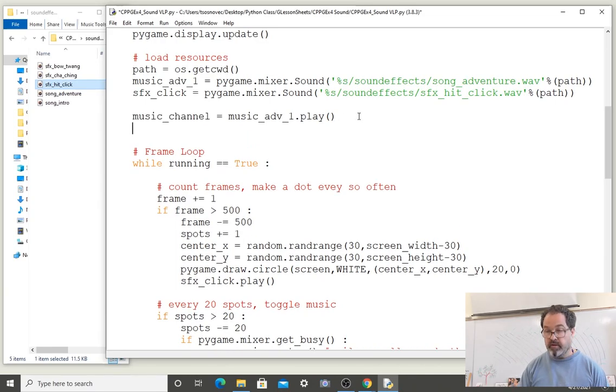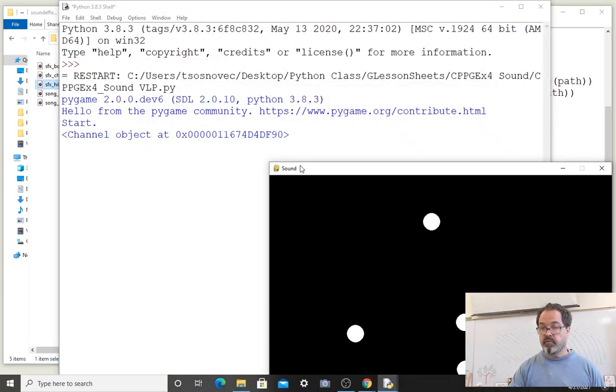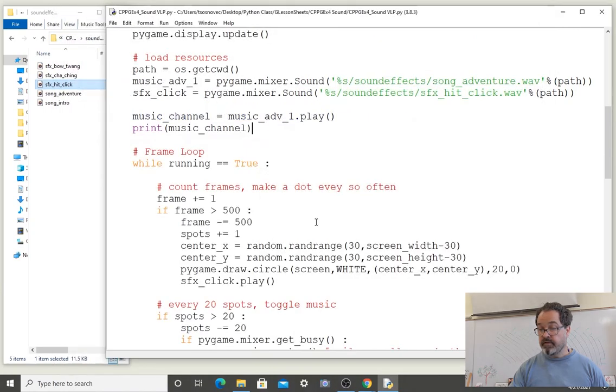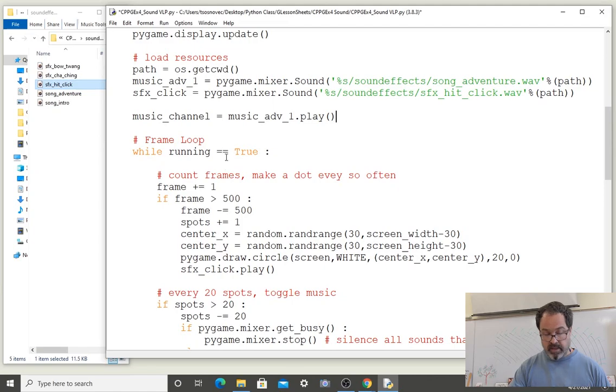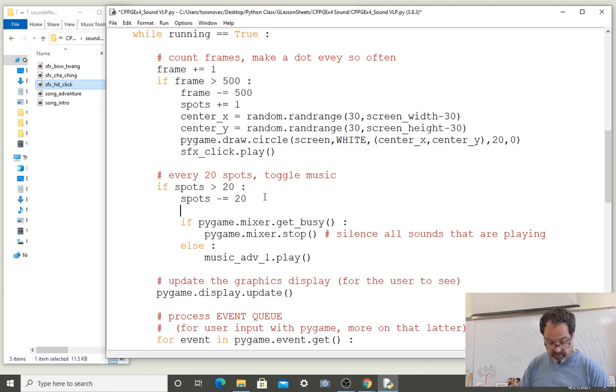Now I can print right now what music channel is, so we can see what our code thinks of it. And of course, we take a look at the output of that print. It's a channel object. So those channels exist, and here's how we make use of it. In our code, where we're wanting to toggle the music, we are going to first, before we check to see if it's busy,